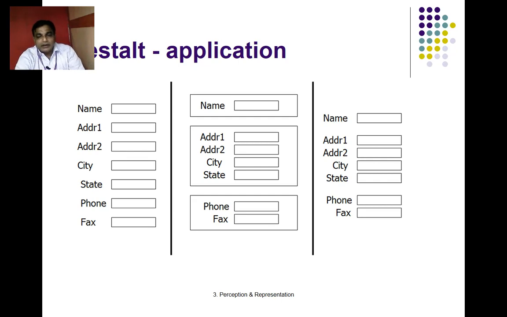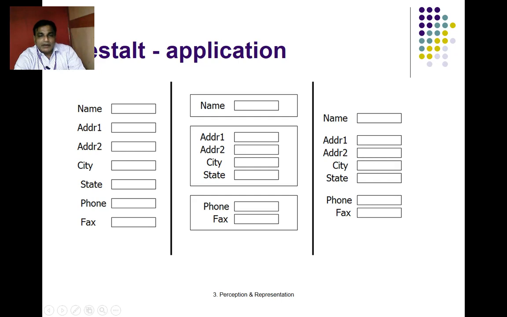Here on the screen, the same information is arranged in three different ways: 1, 2 and 3. First one: name, address two, city, state, phone, fax. Here also: name, address 1, city, state, phone, fax. But in the second one,